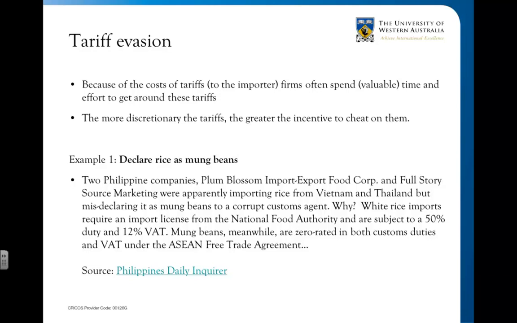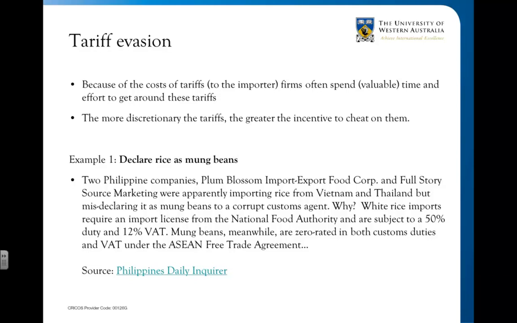a foreign company would actually come behind what's called the tariff wall and set up a plant within the domestic country, basically because it meant that they could avoid the tariff. If you're producing in that country, then you don't have to pay a tariff. So they would actually set up shop. They realised that it was better for them to incur the costs of setting up an established manufacturing plant, for example, within the country, rather than producing in their own country and then trying to export to these